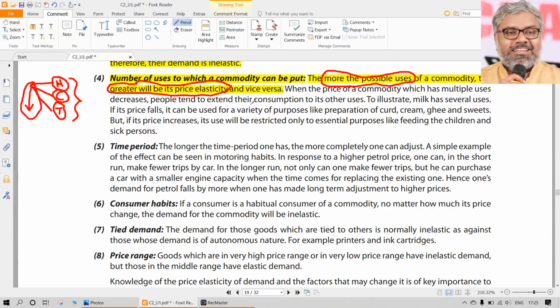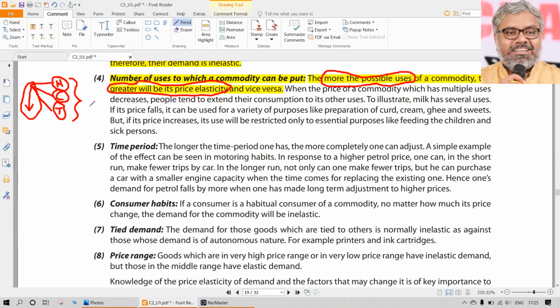If you take any commodity in general, it might have multiple uses. For example, we have taken electricity. It can be used for household appliances, industrial and commercial purposes, or for cooking. It can be used for transportation also as a fuel. So many uses are there in that case. Then naturally the price elasticity will be greater. Products like salt, which have no alternative uses, will have lower price elasticity, which means they are relatively price inelastic.